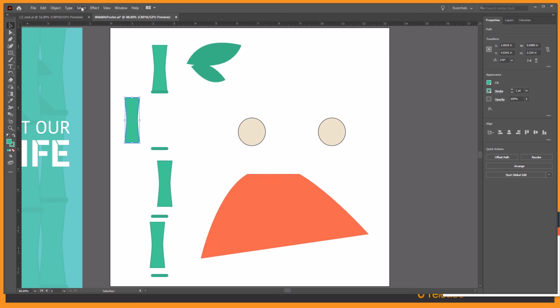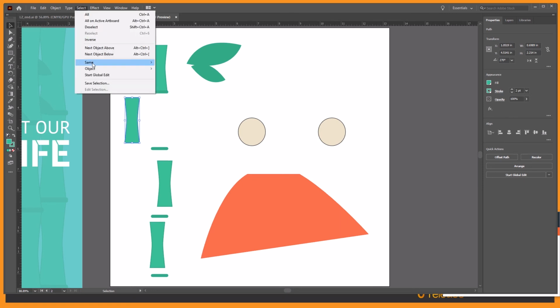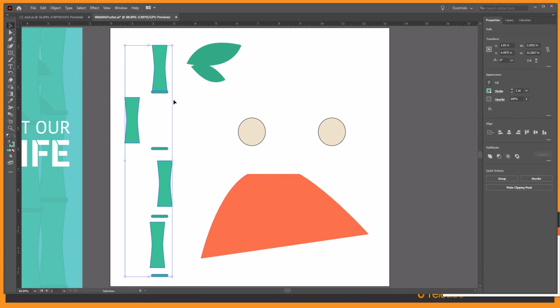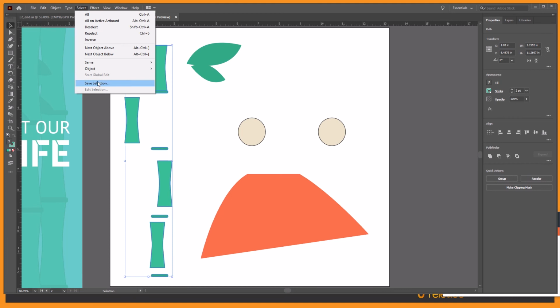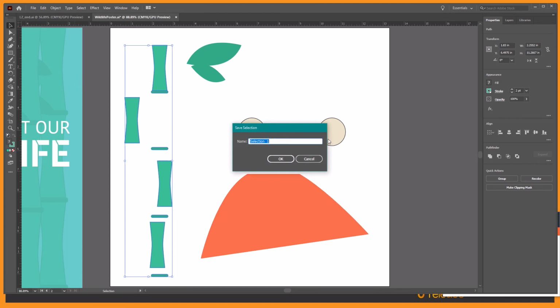Next we're going to go up to Select and go down to Same and go down to Stroke Color and click on that. Now it has selected all the objects with the same stroke color as the one we selected before. Now we're going to go up to Select, Save Selection, and we're going to name this Bamboo